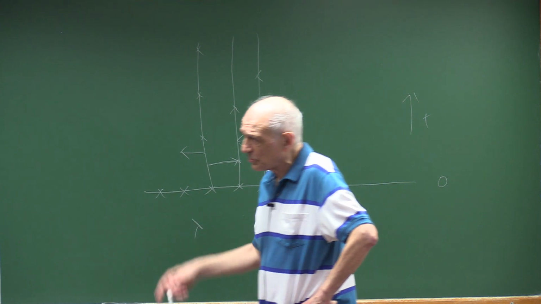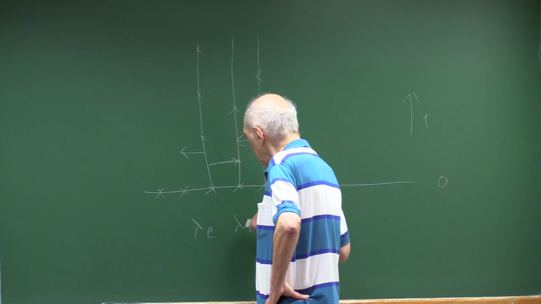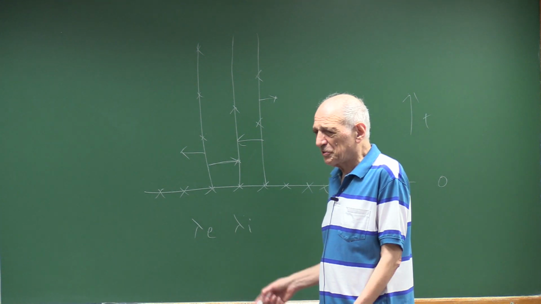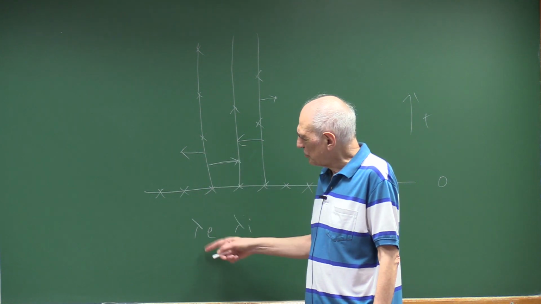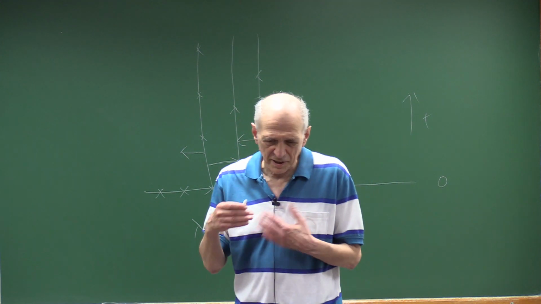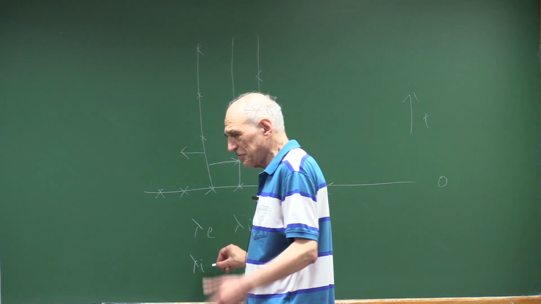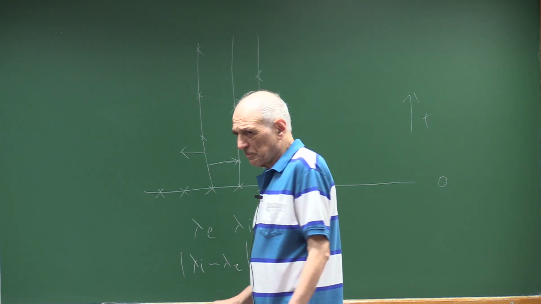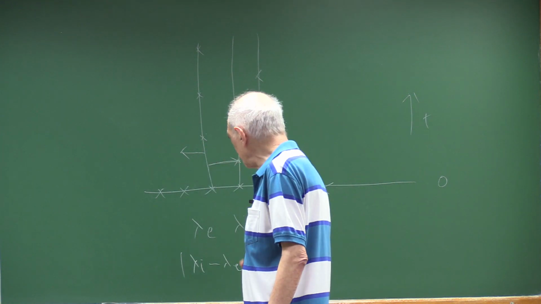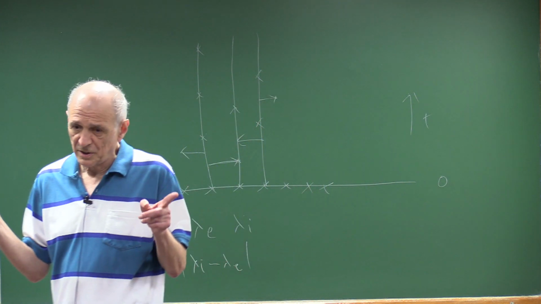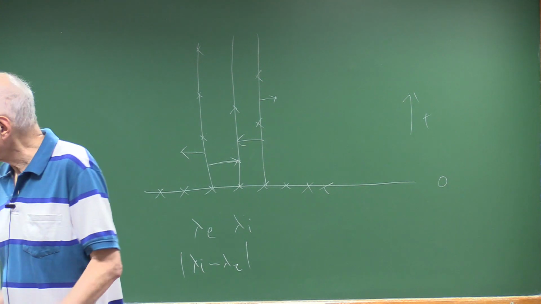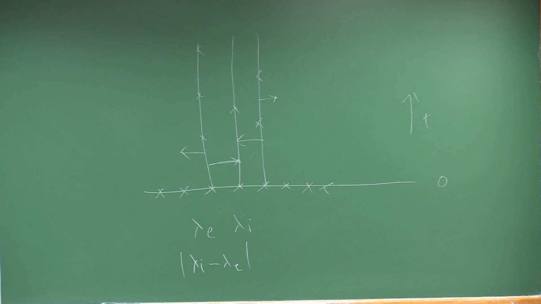If you have both parameters, lambda E and lambda I, then you can think of this. You can look at the smaller of these parameters, put arrows according to the Poisson process of that parameter, and then put another Poisson process, independent of this one, with a parameter which is the difference between the two values. So whether you're going to use the extra marks depends on whether you are on the boundary of the infection region or not. Okay, so this construction